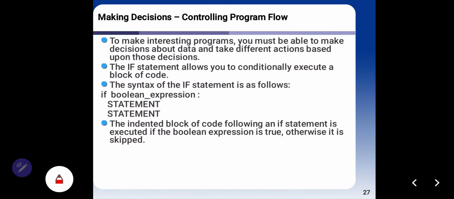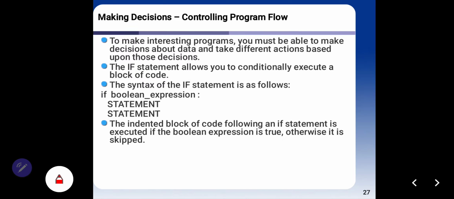To make interesting programs, you must be able to make decisions about data and take different actions based upon those decisions. The if statement allows you to conditionally execute a block of code.